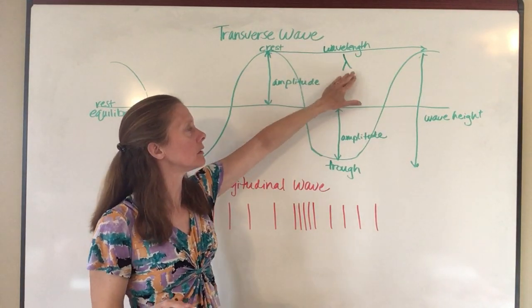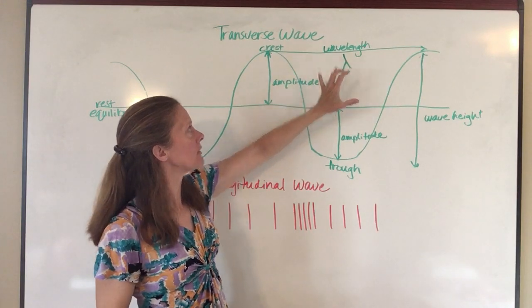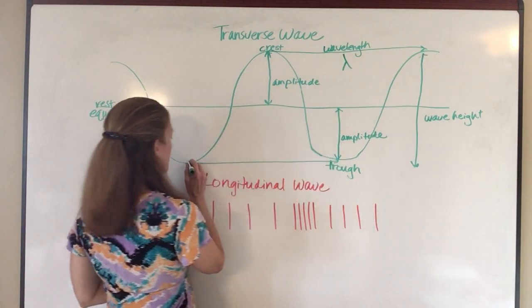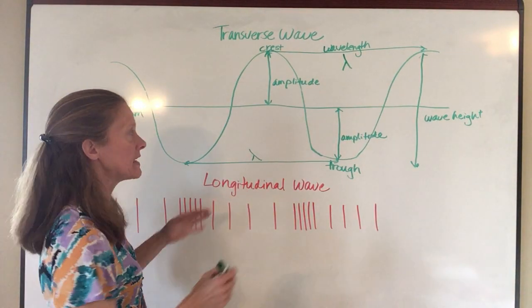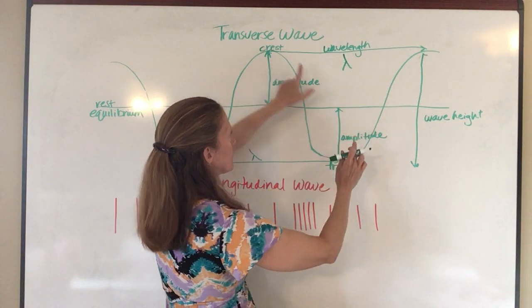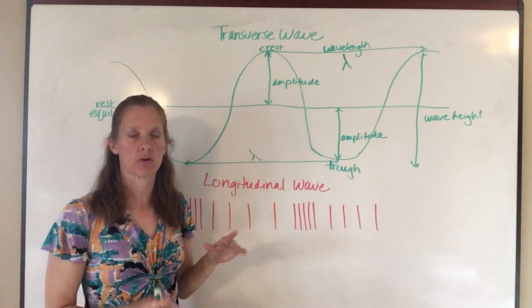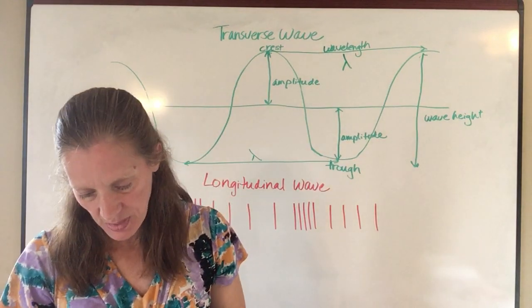So I'm going to go ahead and introduce it here so that you can see it. So that is the wavelength. And again, I could do a wavelength from a trough to a trough as well, as long as the points on the waves are the same. Now be careful, you can't go from here to here because that's not long enough. If you're on the downside of the wave here, then you've got to be on the downside of the wave over here to measure an accurate wavelength. Okay,